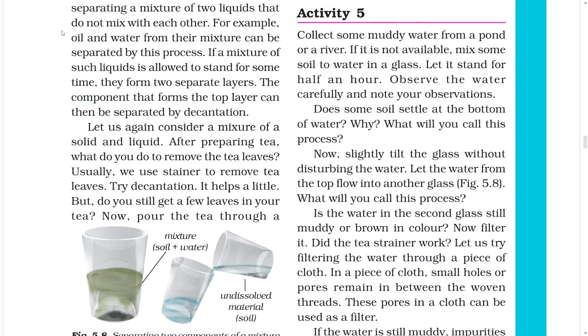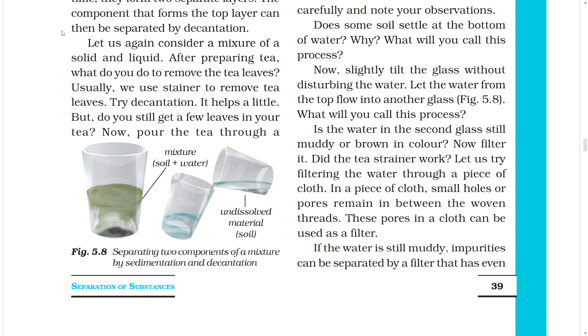Let us try filtering the water through a piece of cloth. In a piece of cloth, small holes or pores remain in between the woven threads. These pores in a cloth can be used as a filter. If the water is still muddy, impurities can be separated by a filter that has even